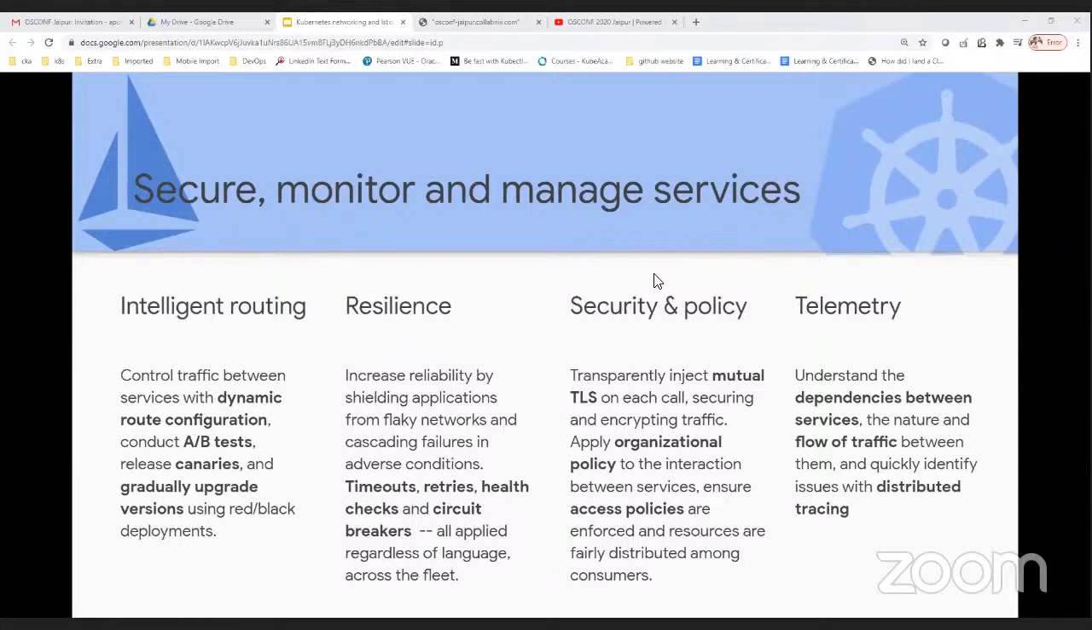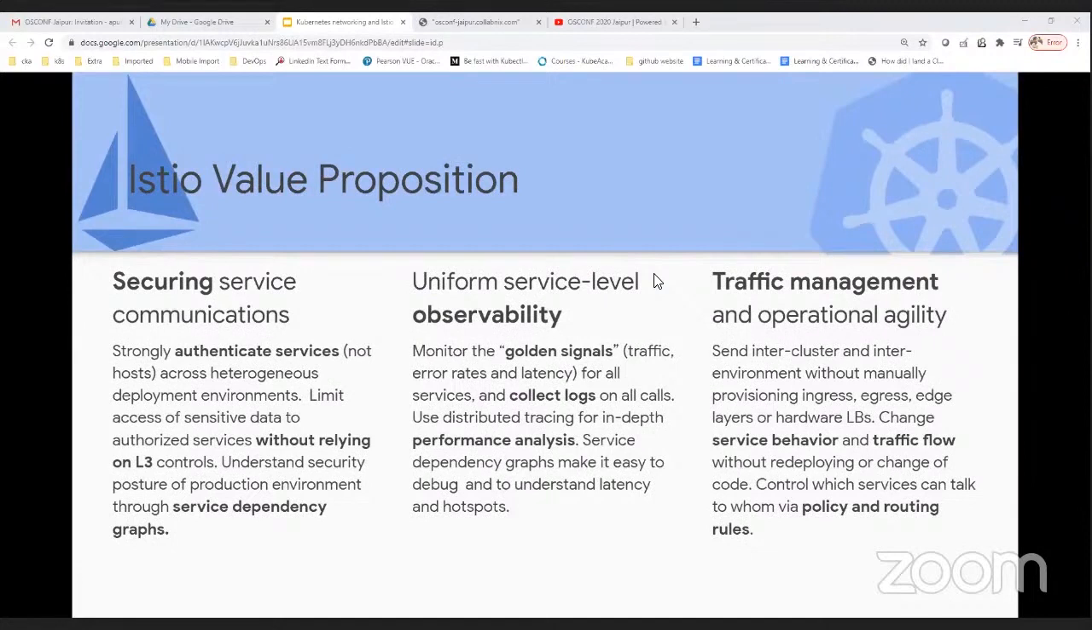And last but not least, telemetry. Why telemetry? If you know about the Kiali dashboard or something, telemetry or tracing of the calls can easily be done with the help of telemetry. Again, this feature is provided by Istio. The Istio value proposition is securing the call, like authentication, and again it is not relying on your L3